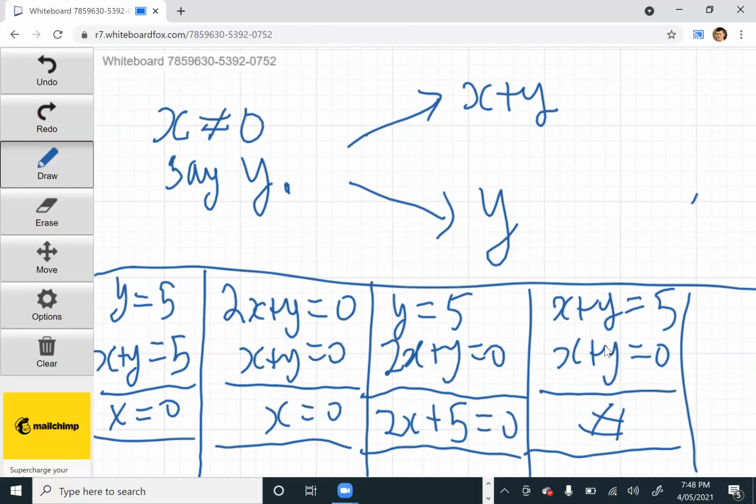X plus y equals 5, then if x plus y is 5, then 2x plus y must be, because then x is minus 5. Hmm. Wait, no. Then y is,